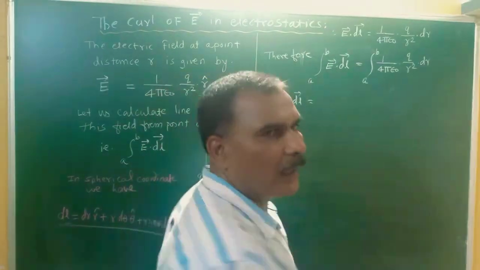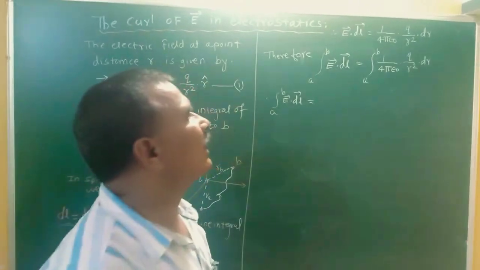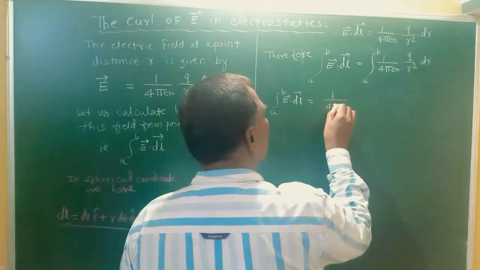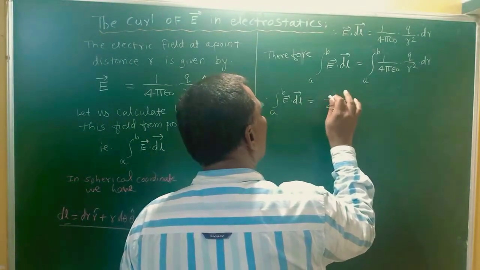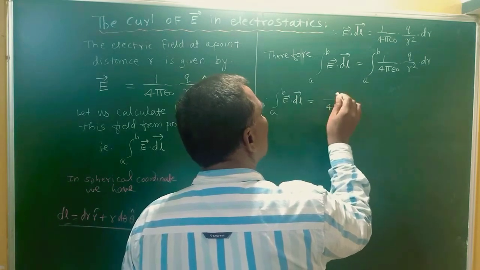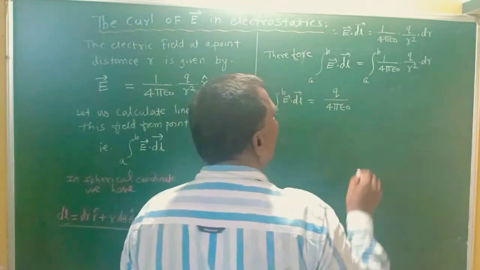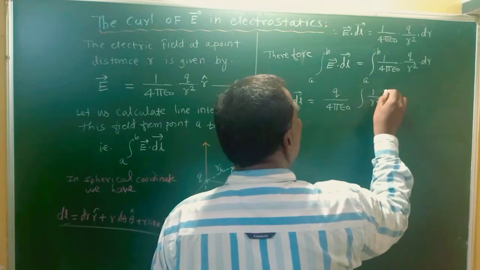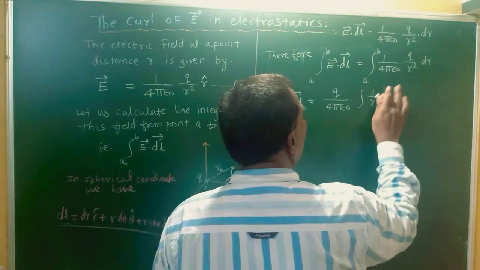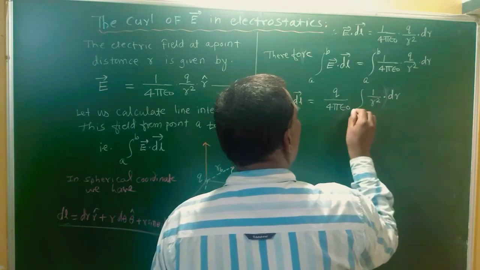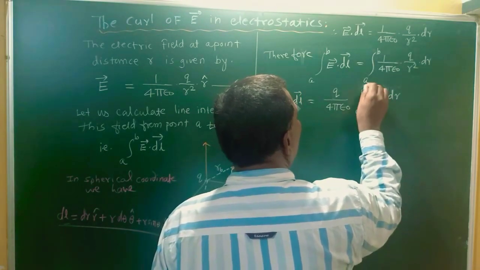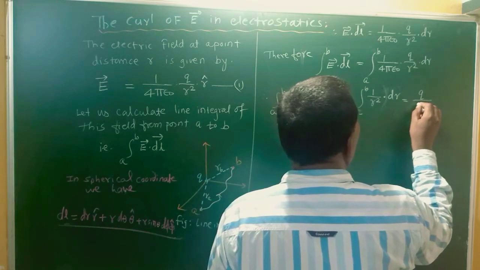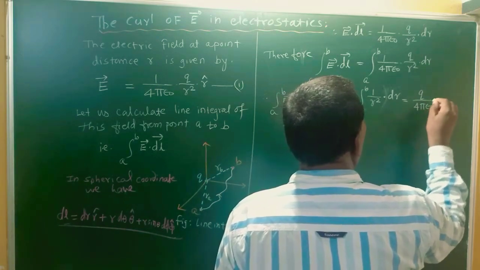E bar dot dl bar is equal to, here what are the constants we have to consider? 1 upon 4 pi epsilon 0 is the constant factor. Q is also constant, the charge of the field is also a constant. So what we get is the integration of 1 upon r square into dr, and the boundary condition is A to B. That is also equal to Q upon 4 pi epsilon naught into